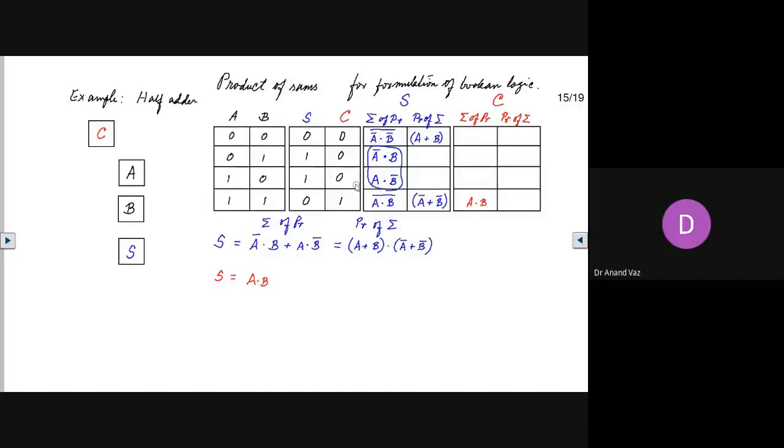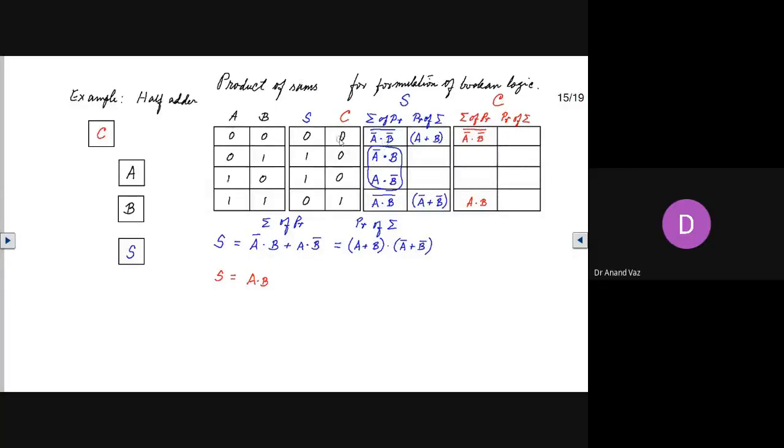But if we want to realize the same logic using the product of sums, what can we do? We will see when can we get a 0. We can get a 0 when we have not A and not B, and not of that.